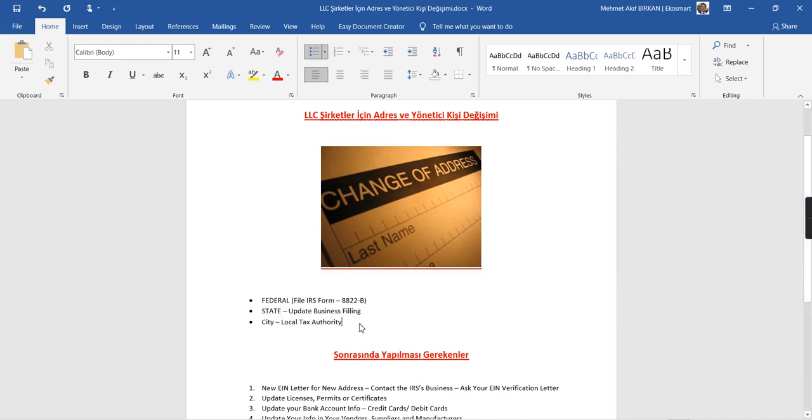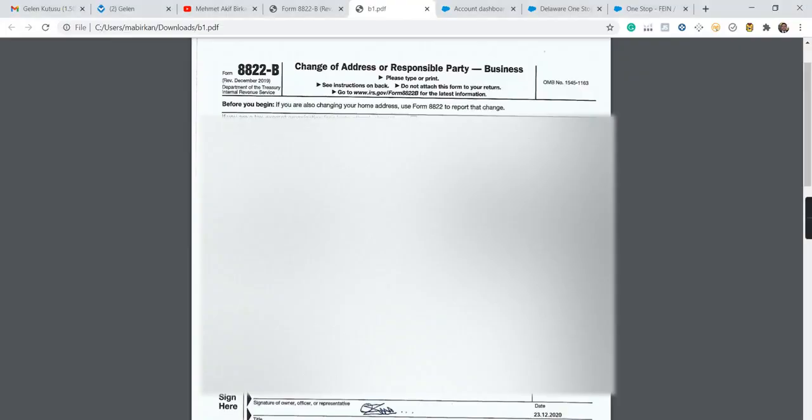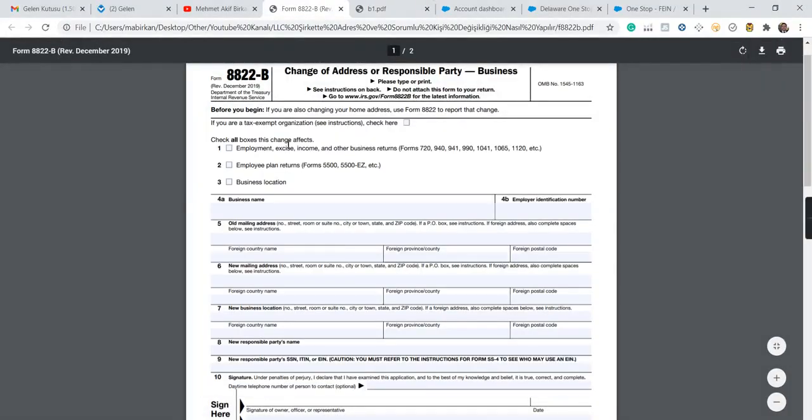Now let's get into it quickly. Let's start with the federal first. What needs to be done at the federal office, friends, is to fill out this 8822B form and send it to the IRS. Let's open it now. Friends, this is our form. This is the empty form of the form, friends. Look, this form is called